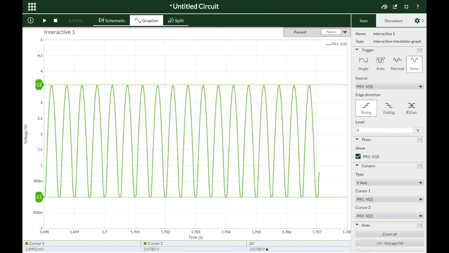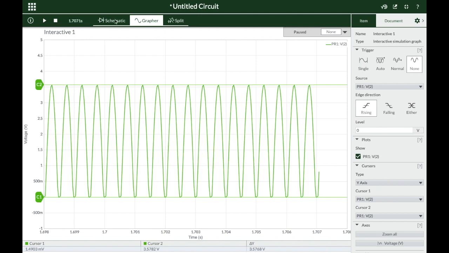So just by noting the values of Vm for different values of load resistances, we can see how the DC level as well as the peak to peak of this ripple is changing with load resistance. Also noting down the values of Vm corresponding to two extreme values of RL, we are getting the V no load and V full load values. So we can find out the percentage load regulation.